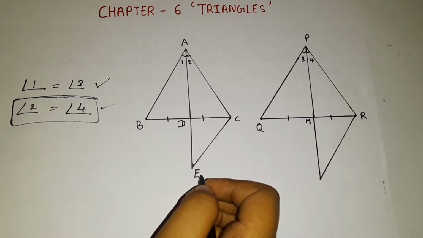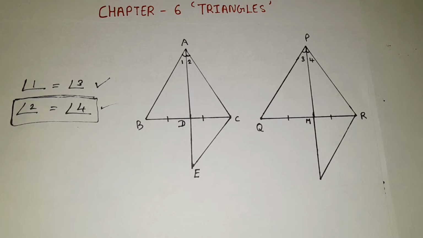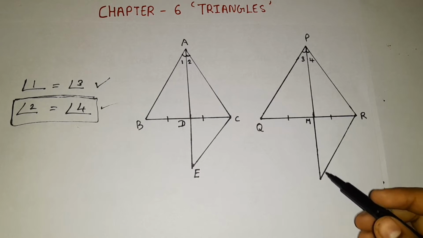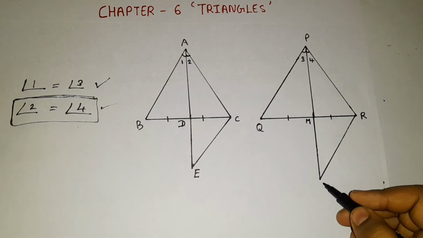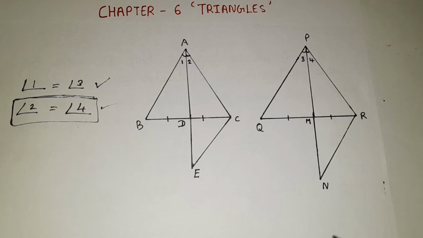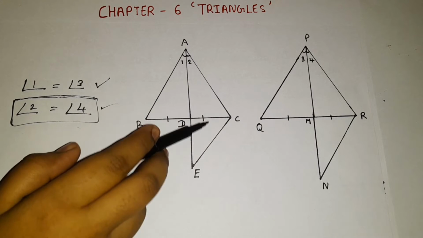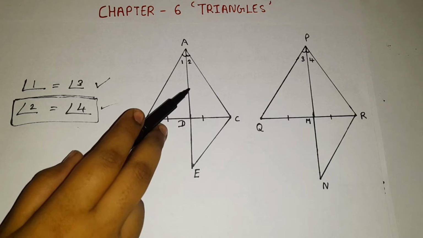Okay. So now I just named it as E. Now here also, when we just extend the line, here we have a point. So I am going to name it as N. Okay. Alright guys. So now in case I say these both triangles, in case I prove,